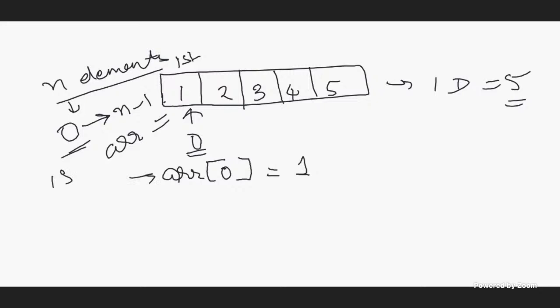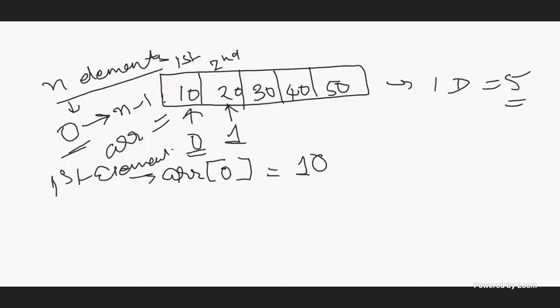Let me change it to 10, 20, 30 so that you guys do not get confused. So my first element here is 10. Pardon my handwriting because writing with a digital pen is a little difficult. My second element is at index 1.